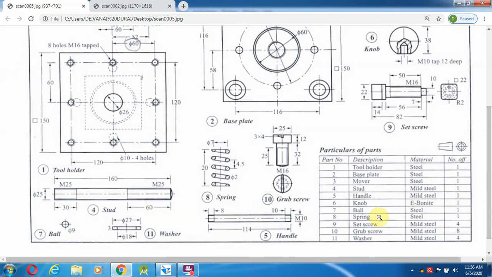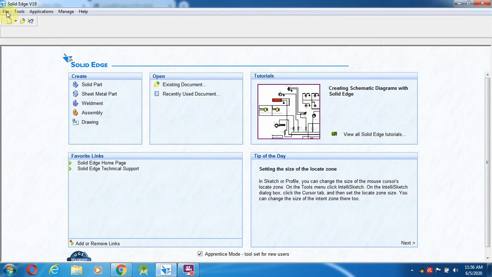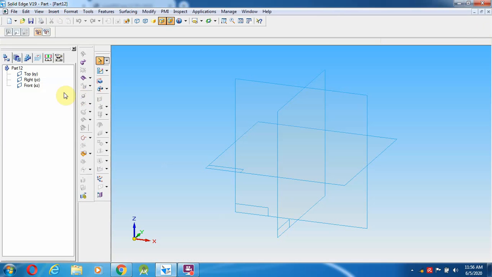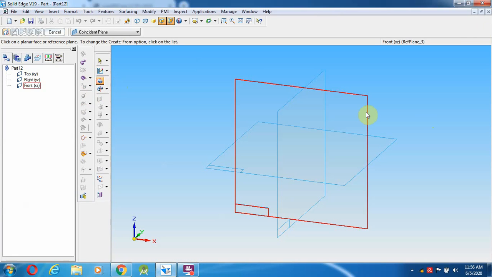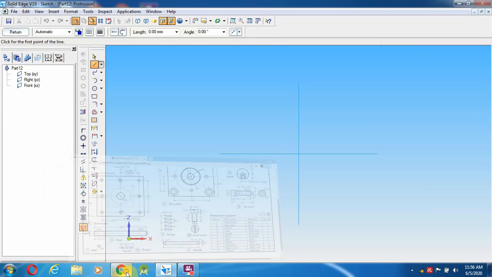Then one more thing, the 11th one, is the washer. What is the washer diameter? 27 as well as 18 mm. Close it, go here, select solid part, protrusion. 27 and 18.